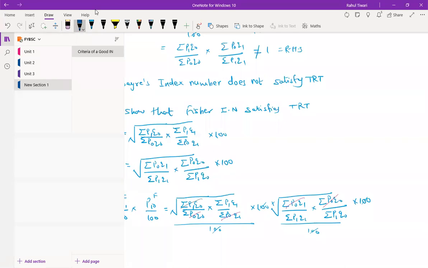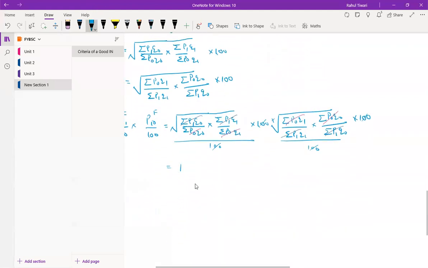Can you see P1, Q0? Yes. And we have a last one. That means everything is getting cancelled and we are getting the answer 1. And I know this is equal to the right answer. Hence, I will say that Fisher index